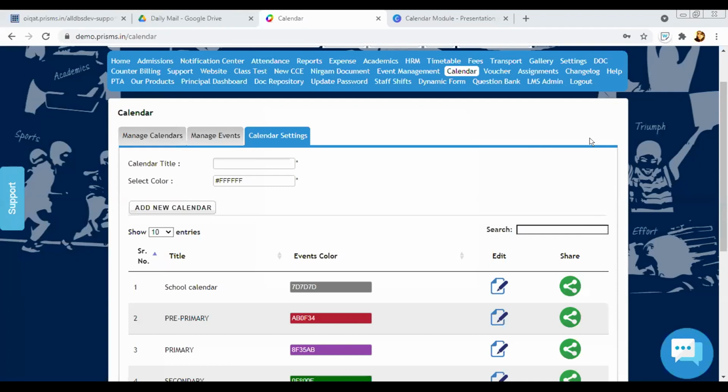See, for example, I have 4 calendars. I have updated 4 different things in 4 different calendars, and I have shared them to only one class. So all these 4 calendars are shared to grade 1. My query is, will the parents see 4 different calendars, or will all these events which I uploaded in 4 different calendars appear in one calendar there? In one calendar, and what is the issue there, ma'am?